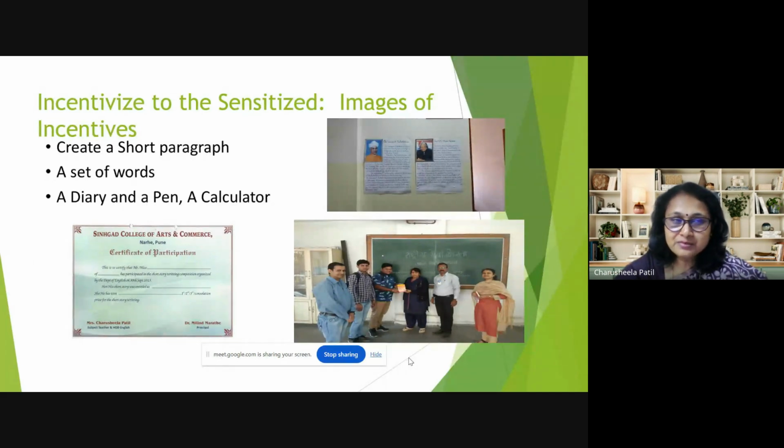So I gave him, as an award for writing that story, a diary and a pen. Since they were commerce students, I said something useful should be given, so I gave that student a calculator, which was maybe useful for him. That's how I gifted the students, because you need to recognize the talent of a different person.